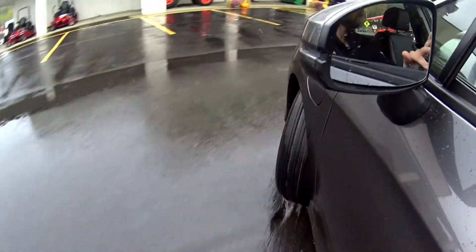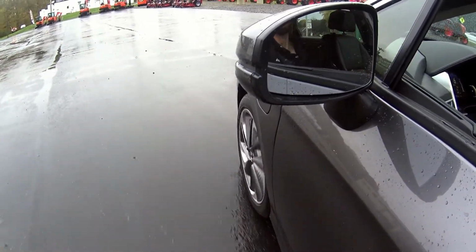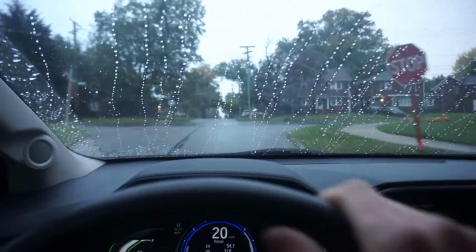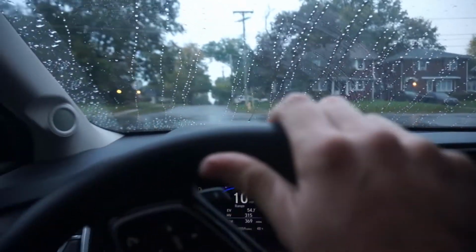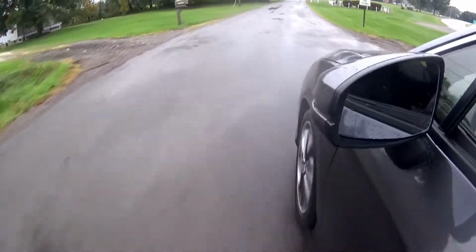Now I haven't been in a heavy downpour yet with them, but you can see it is raining currently. Roads are wet. So far my thoughts on the tire are